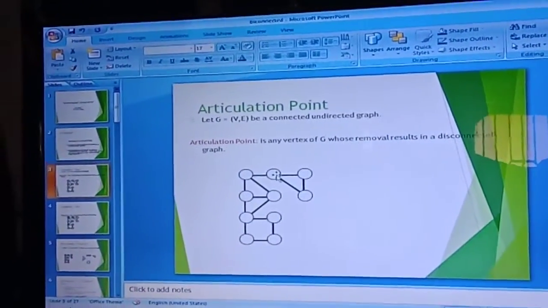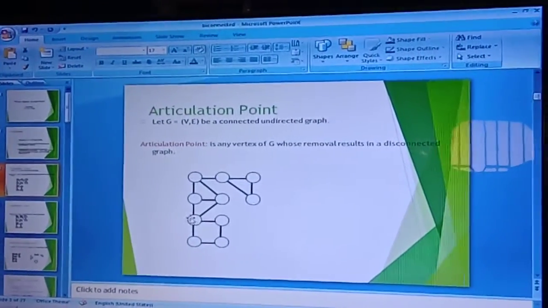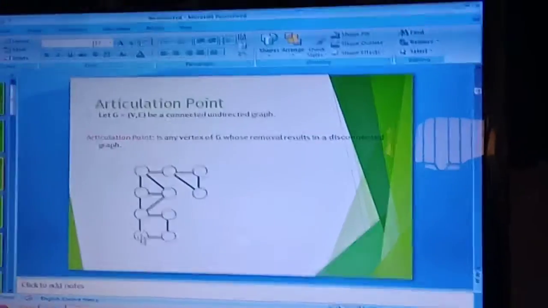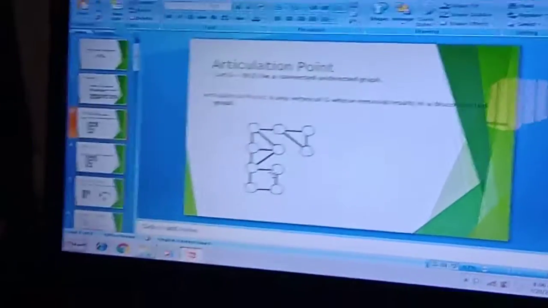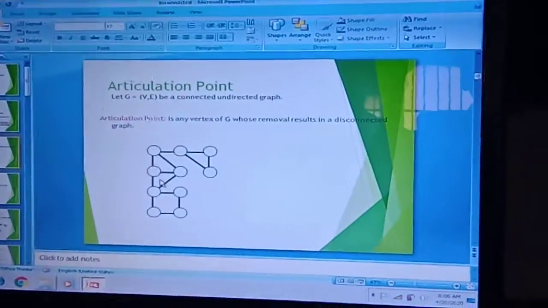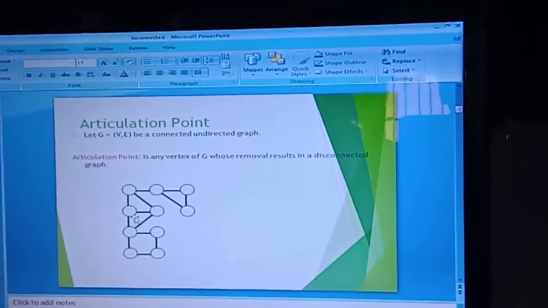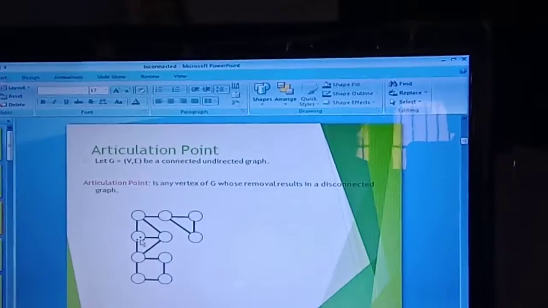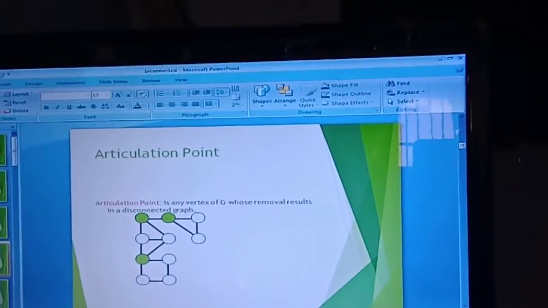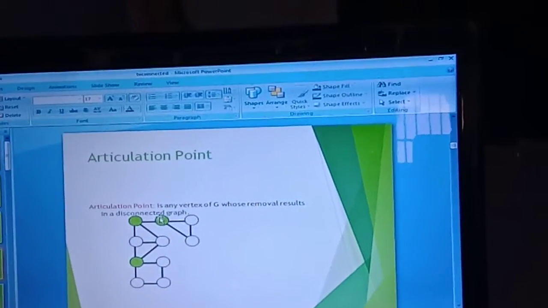Similarly, when I remove this node, automatically the graph is divided. These three are one connected component, and the remaining six are another connected component. So those vertices are called the articulation points in the graph. See here, the articulation points are highlighted with a color.